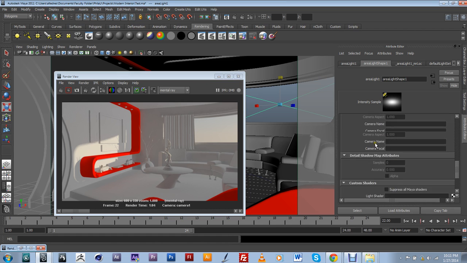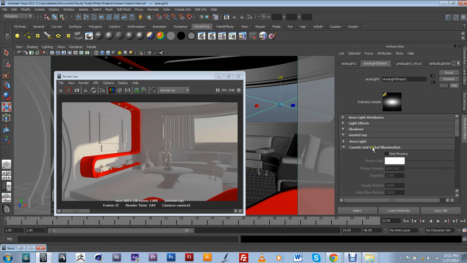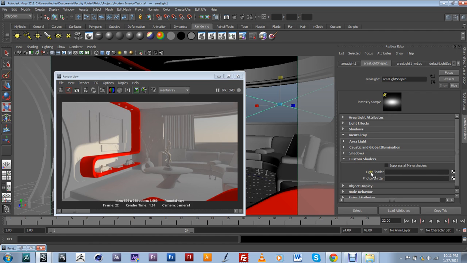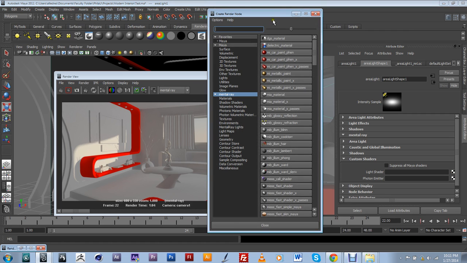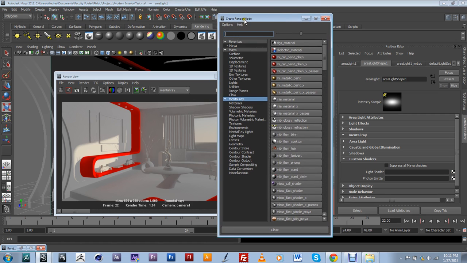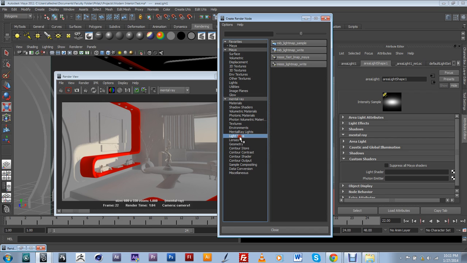We actually have to go down, and I believe this is under mental ray, and you have to go to custom shaders, and then there's going to be this light shader right here, and we're going to click on the check box right here, and it's going to take us to a create render node. Alright, and then we're going to go into, I believe,